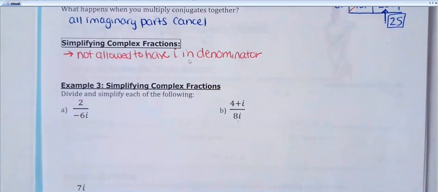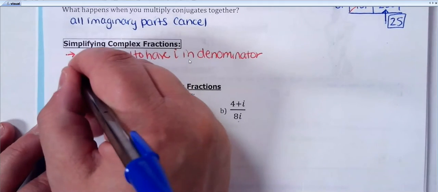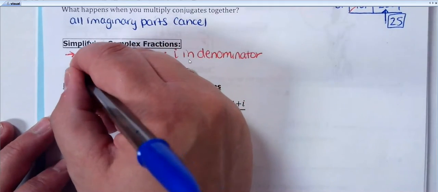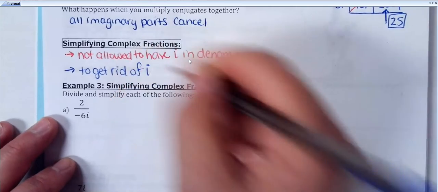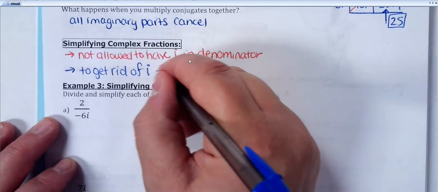Not allowed to have i in the denominator. It's not considered simplified. It's totally fine for i to be somewhere in your numerator, but not okay for i to be in the denominator. Now, if you have an i in the denominator, to get rid of it, you are going to multiply